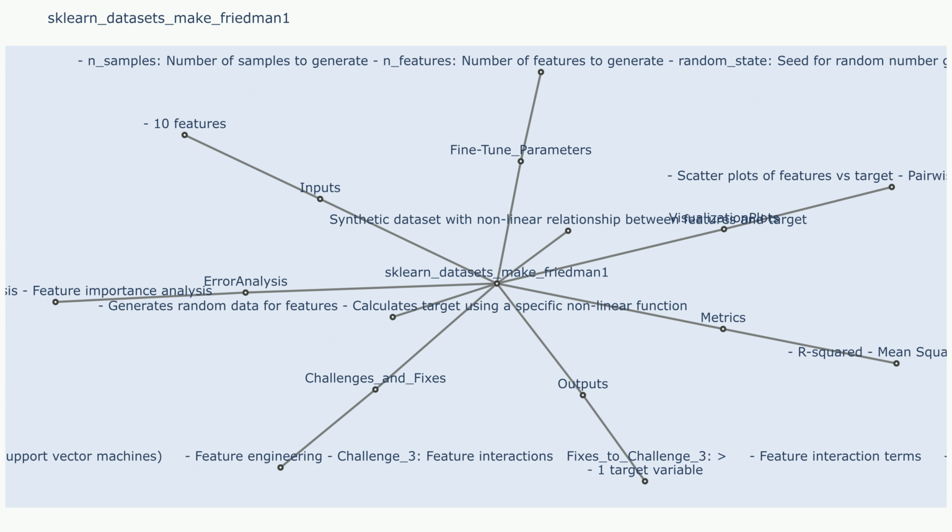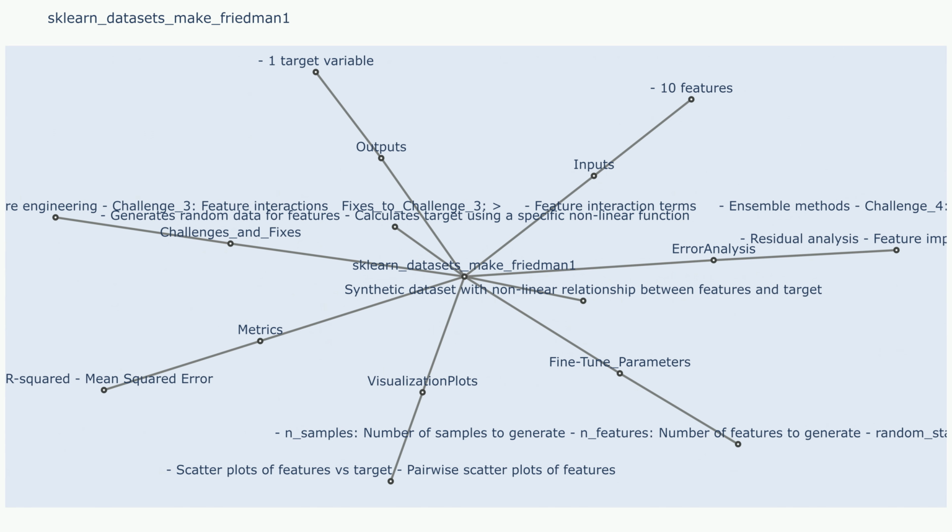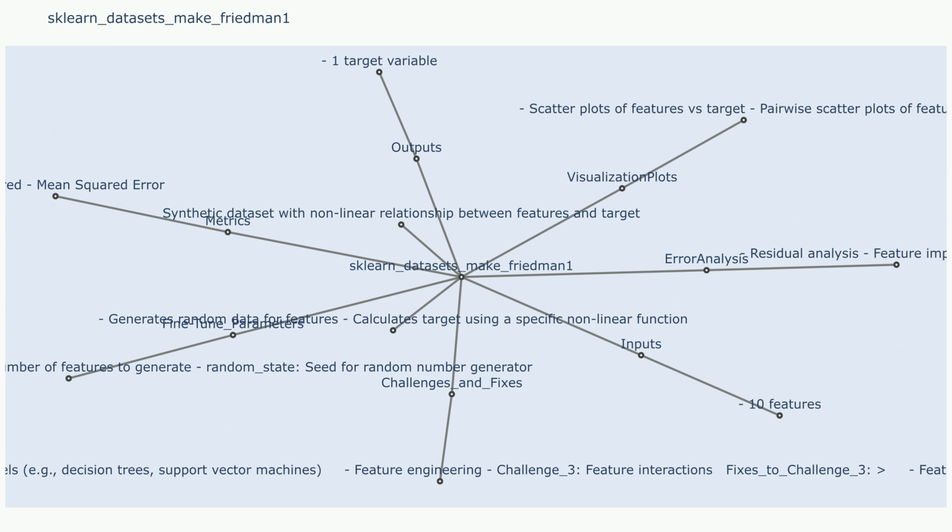It generates random samples for each feature X using a uniform distribution. It calculates the target value y based on the following formula. y = 10 * sin(pi * X0 * X1) + 20 * (X2 - 0.5)^2 + 10 * X3 + 5 * X4 + noise, where noise is random noise